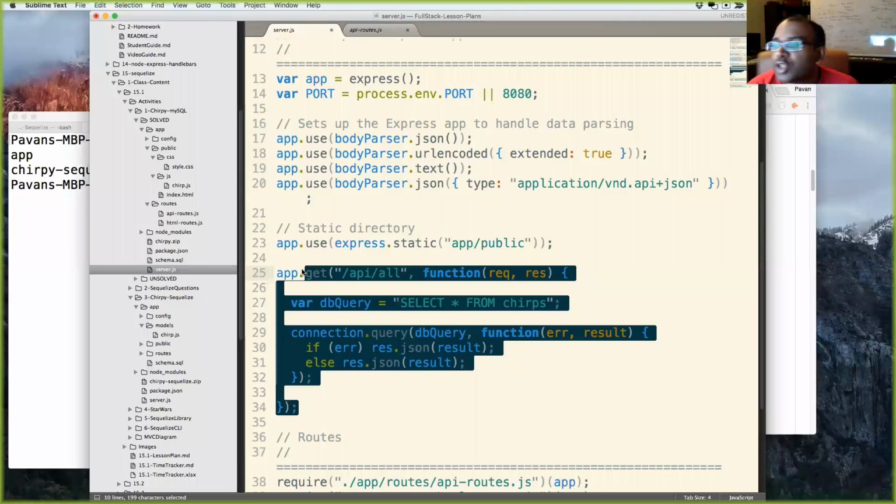And someone else mentioned that Sequelize makes it so you can model things off of your database tables, and that's completely correct. Any other questions that came up in the breakout rooms?